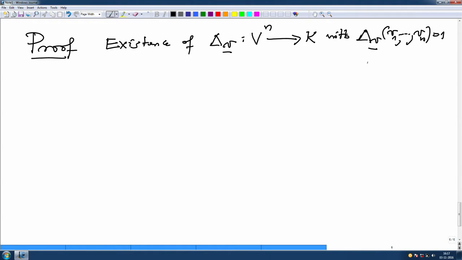So in particular delta V is never 0, it is a non-zero alternating multilinear form. This we have already constructed. The only thing we are given is that V1 to Vn is a k basis of V,